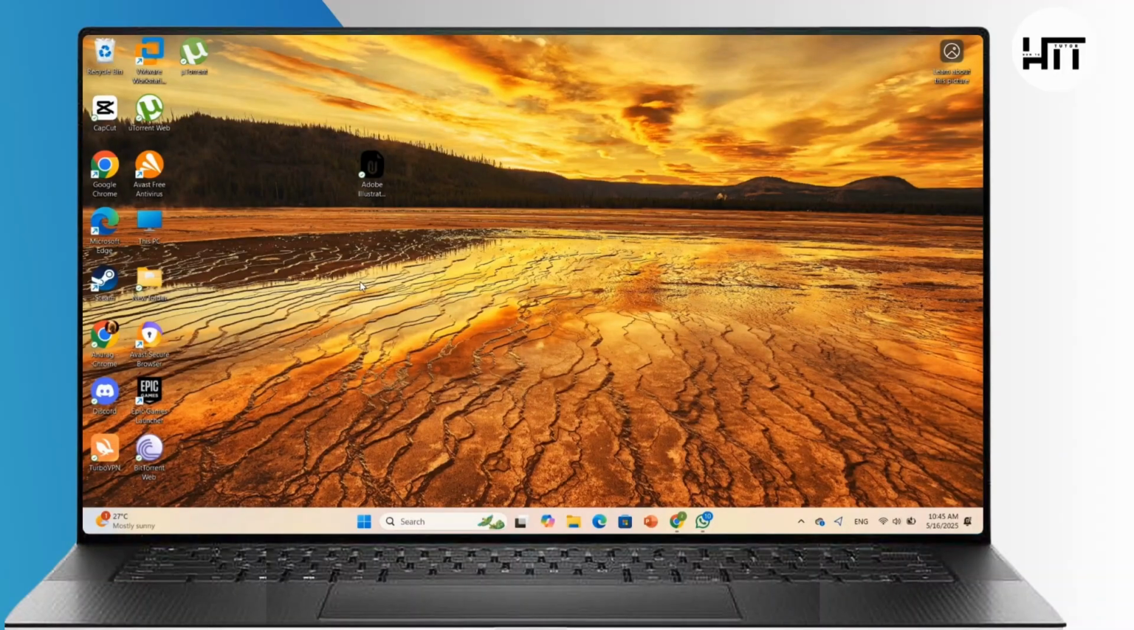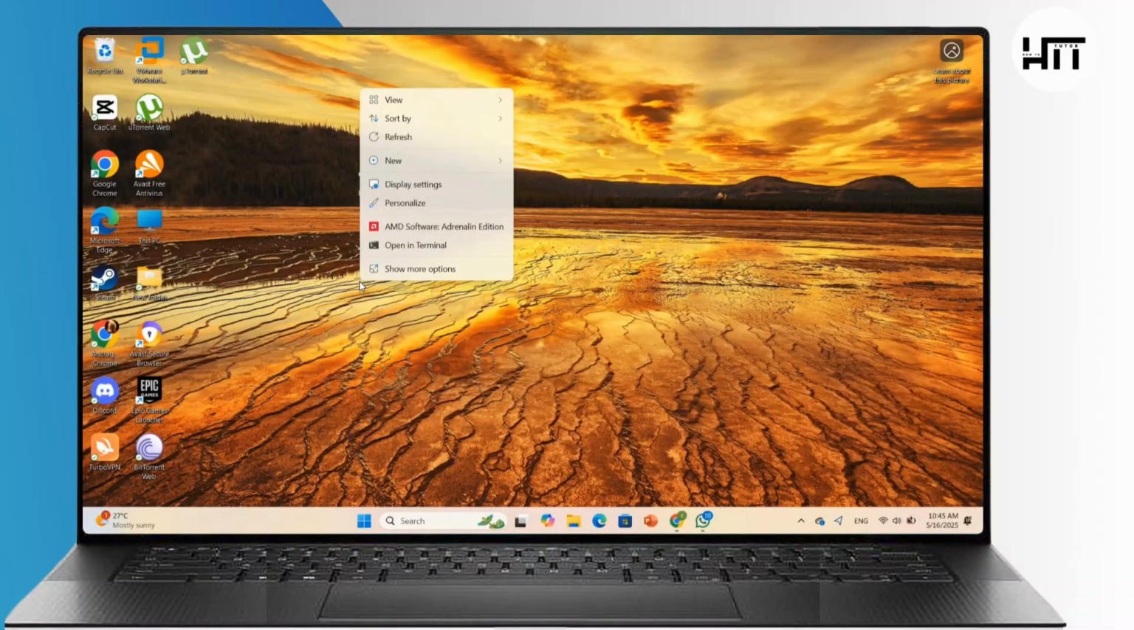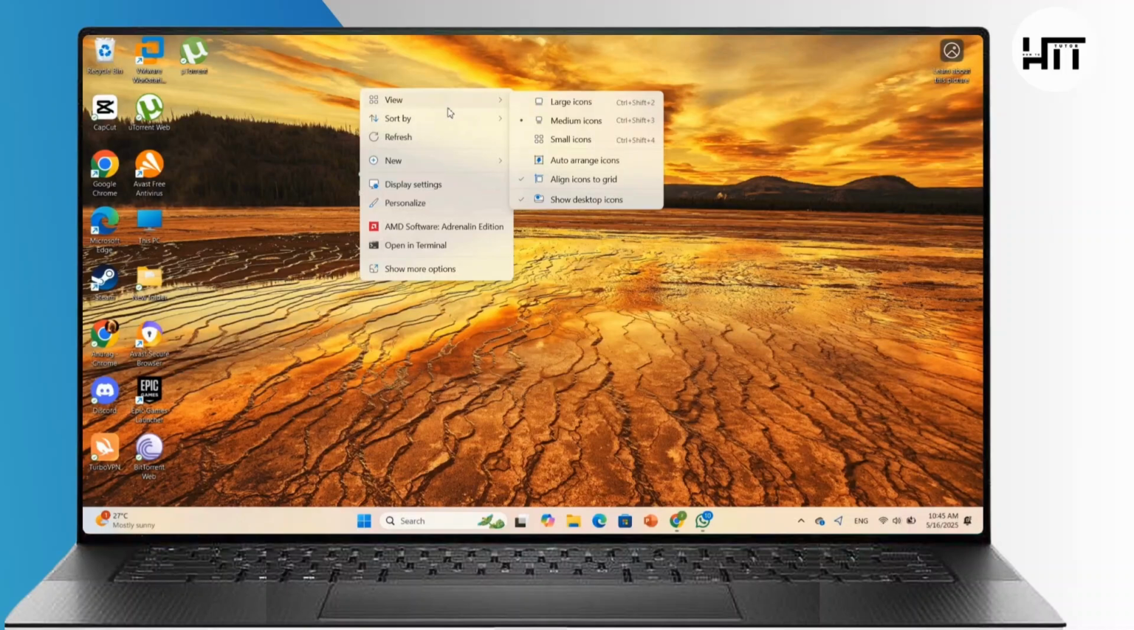So first, head to your desktop and right click anywhere. So here, once the pop-up menu appears, hover over the View option and this will open up some layout options. Now here are a couple of settings you will see, which is Align icons to grid. When enabled, your icons will snap to a clean grid layout, and if you uncheck it, you can move icons